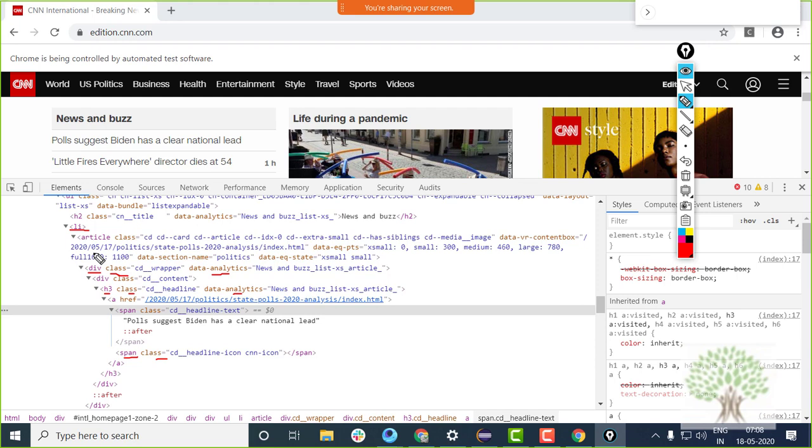So there are two things. Firstly, whatever starts with an angular bracket is a tag, and a tag can have attributes associated with it. That's how we identify the elements on the web page with the help of tags